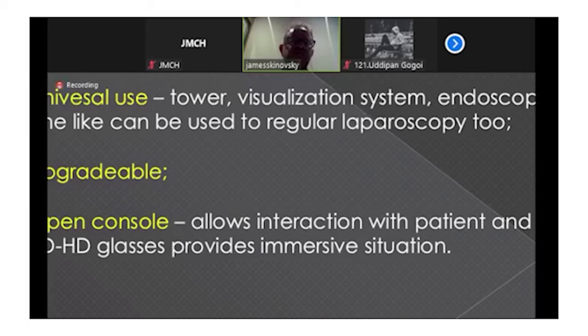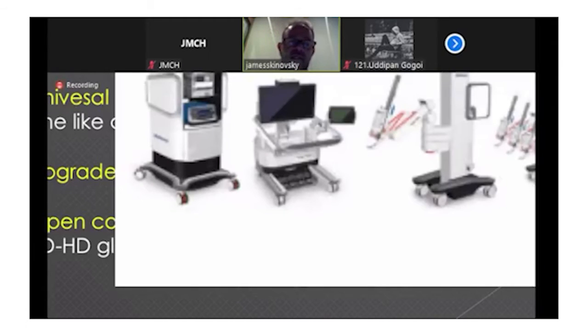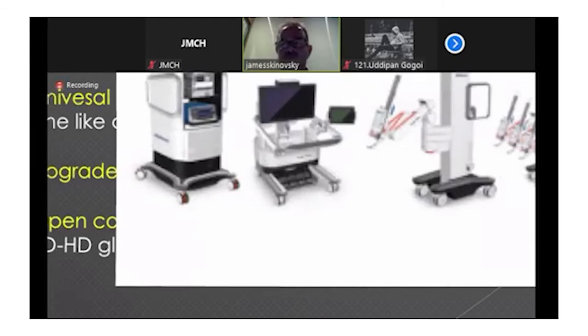The universal use is fantastic because the tower, the visualization system, the endoscope, and so on could be used both for regular laparoscopic surgeries and robotic surgery. So we could use the regular laparoscopic instruments in the robotic platform. Imagine the economy, how much we are going to save in terms of expenses, of money, which is quite important to spread these new technologies fast. As I've said, it's upgradable, and once again with the open console, that is the great trend. This is the platform, so we can add each arm